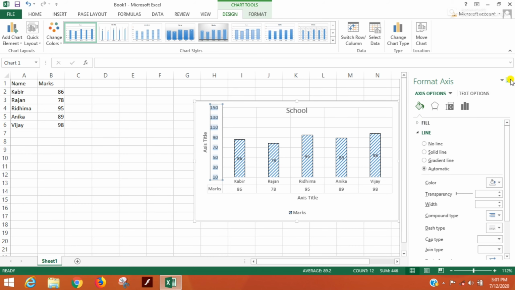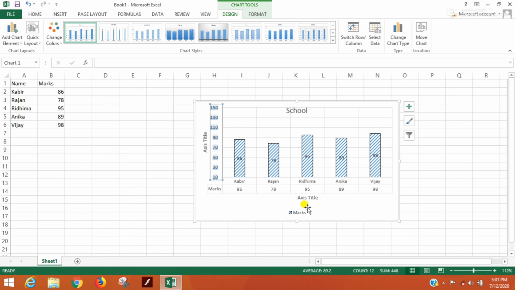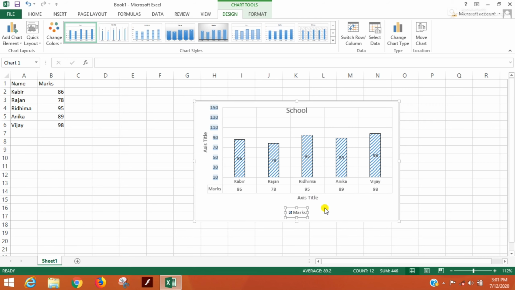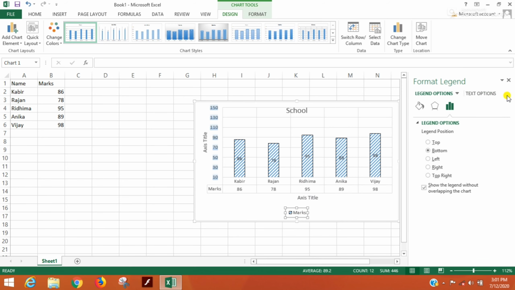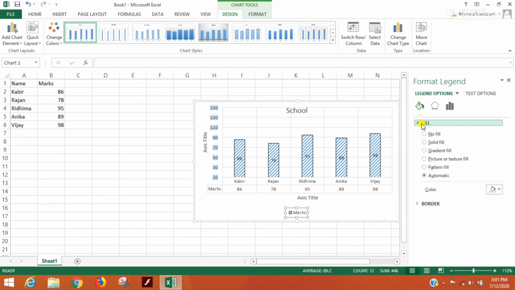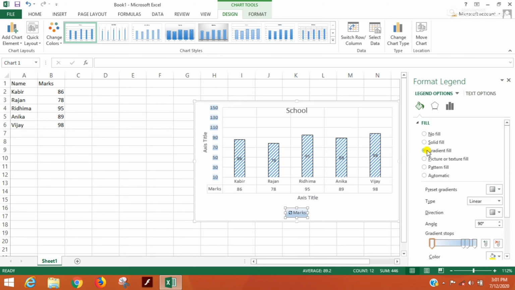Okay dear students, now again if you want to change the legend key or the border of the legend key, you just have to right click there and then click on format legend. A window will appear on the screen. Again you just have to click on the fill and line option, then click on the fill option and then gradient fill.